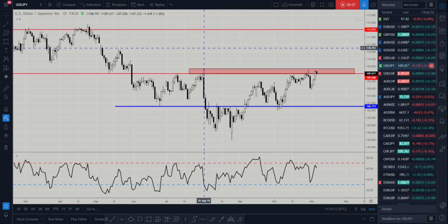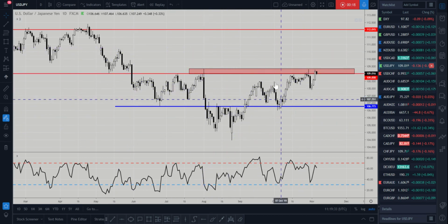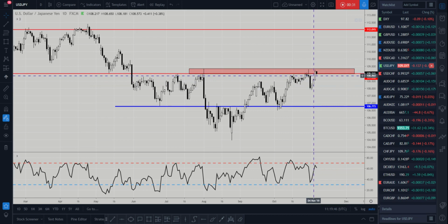In this video we're going to go through dollar yen as price remains stuck at the key resistance level. We've been watching dollar yen for a while. We actually spoke about it quite a few times as it made its way up into this 109 level. Price actually formed bearish divergence here and we saw an initial drop. The past couple of days the yen has sold off. That's due to the more risk-on sentiment in the market, and price has now retested again up at this 109